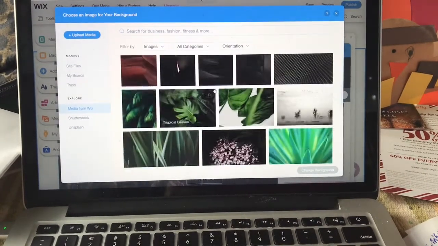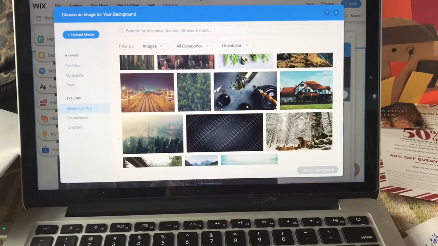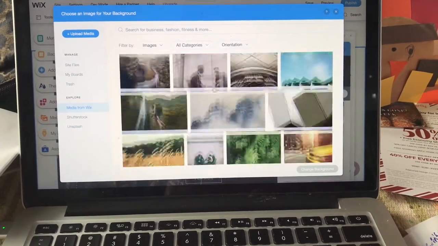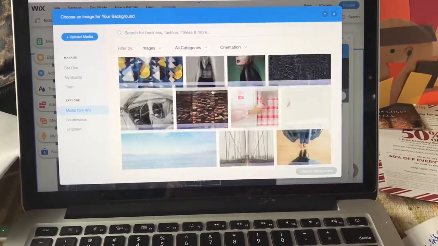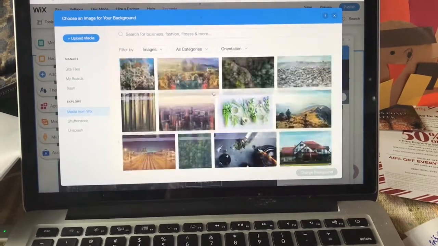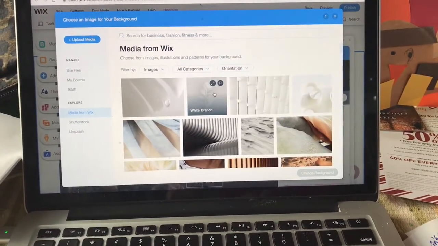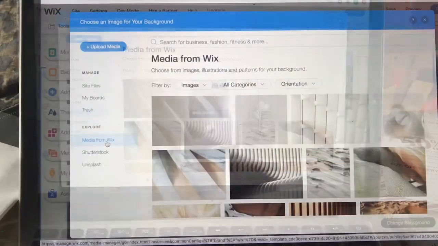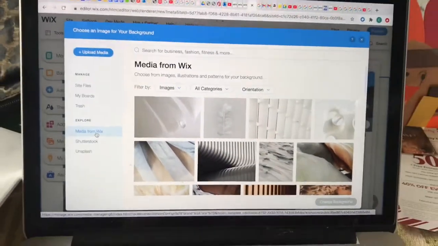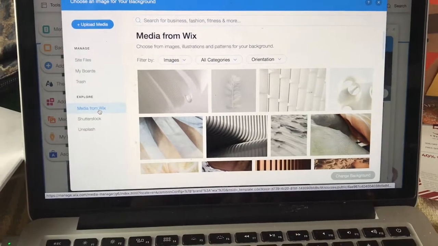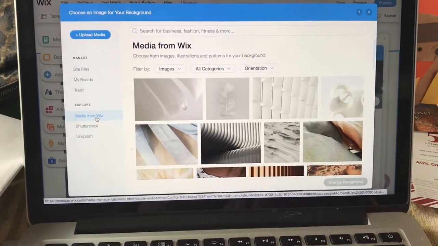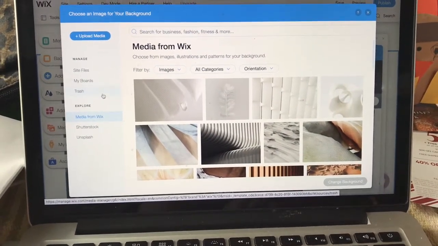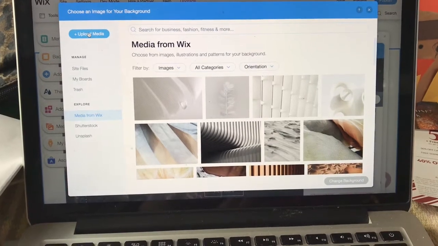There were a whole bunch of photos that I uploaded previously when I worked on making my first portfolio, which unfortunately I didn't set up properly. I don't see them here, so let me figure out where they are. Hold on a second. Okay, I'm not really sure what happened to all the media that I uploaded originally, but what we need to do is go to Upload Media,